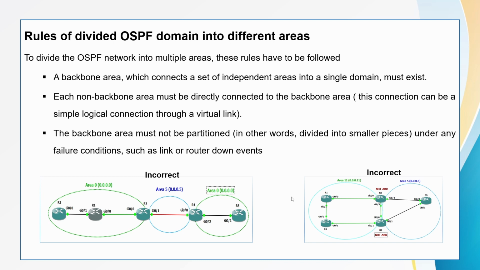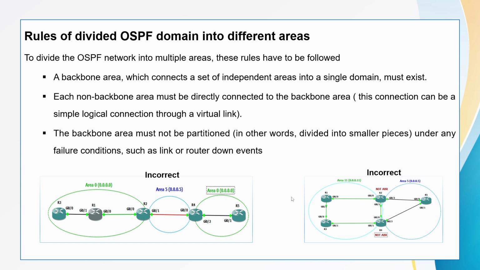This connection can be a simple logical connection through a virtual link. We'll talk about this in the coming videos. The backbone area must not be partitioned, in other words divided into small pieces, except under failure conditions,